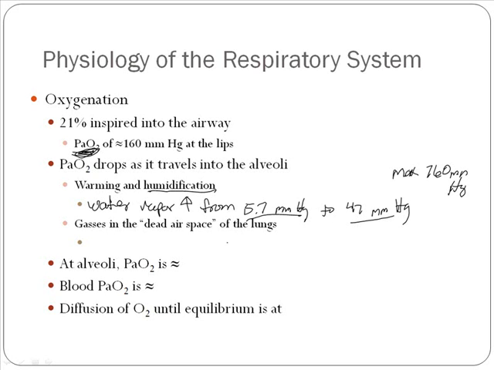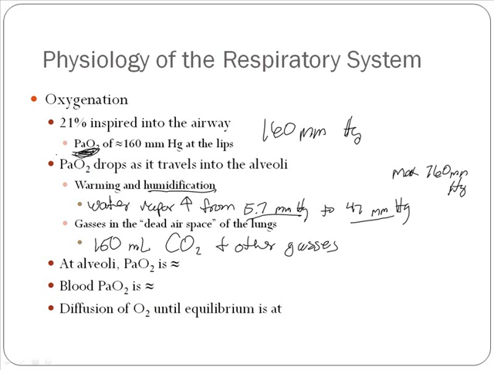Plus, there are also gases in the dead airspace of the lungs. These gases actually account for 150 milliliters of air, and a lot of times it's CO2 that it will mix with, as well as other gases. So at the alveoli, well, at the lips, we know that the pressure at the lips is 160 millimeters of mercury. As all of this process occurs, the PaO2 will drop to just about